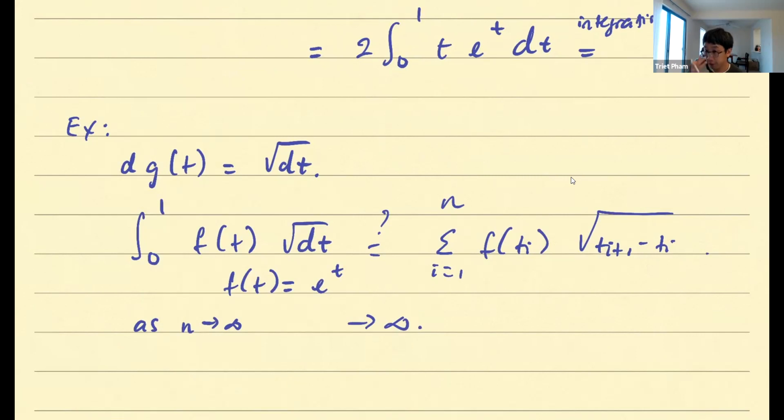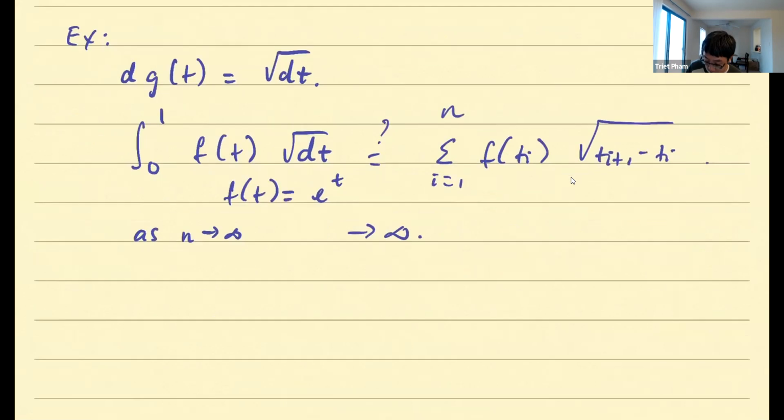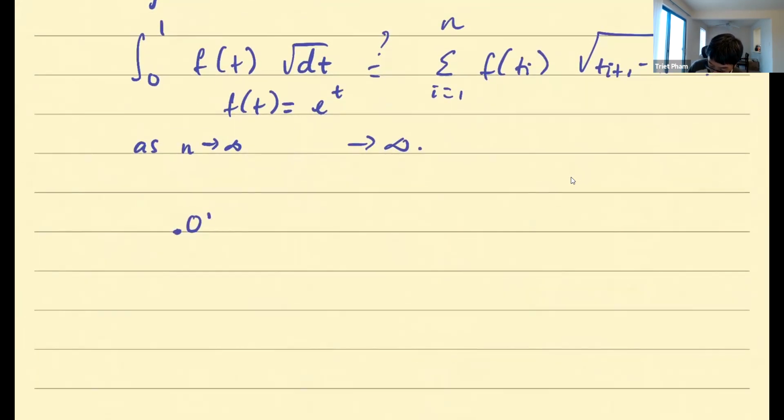The difference is that the differential here is very big, very rough. So this partial sum will not converge for you. Now, intuitively, what's going on? Let me ask you this: which one is bigger? Or maybe let me make it easier for you. Which one's bigger?